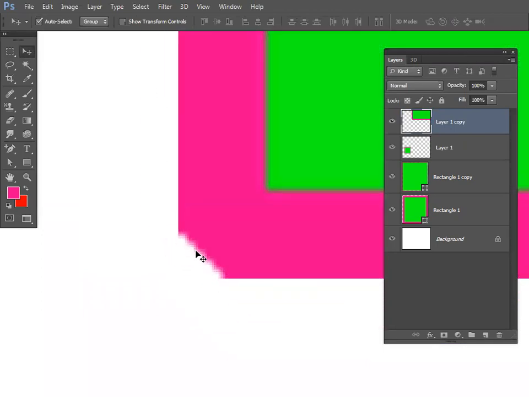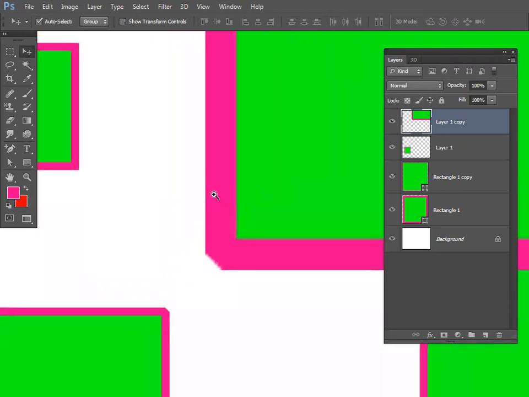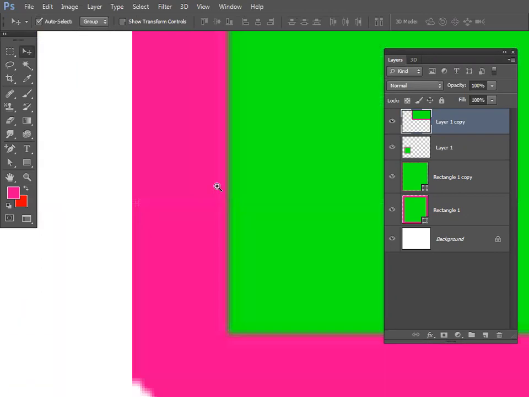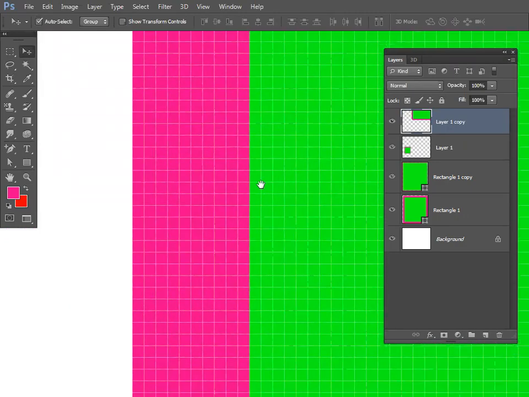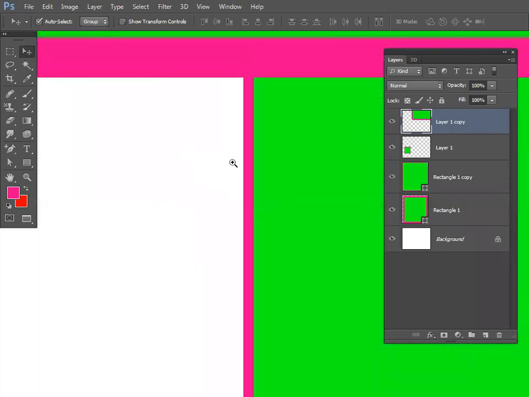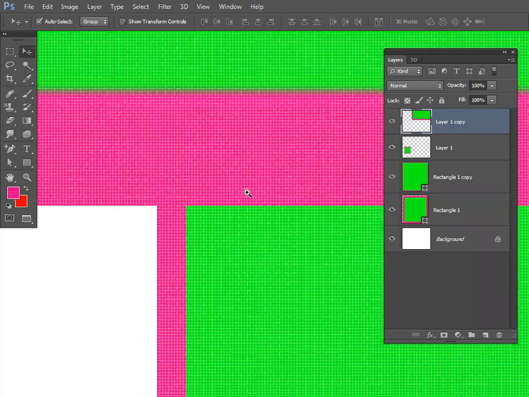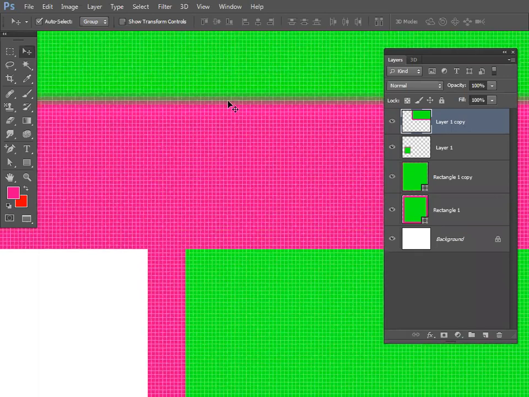You can see these edges are getting blurred, not sharp. Even the quality of this green and magenta mixing here is getting blurred. But with the vector shape, when you scale, it keeps a fixed, straight, solid line. See the difference? Here the quality loss is happening. Here there is no quality loss.